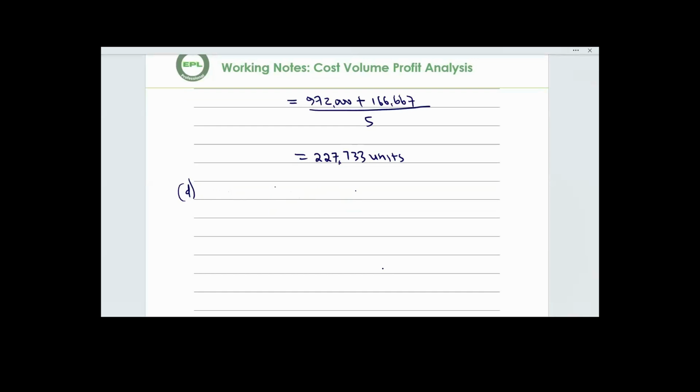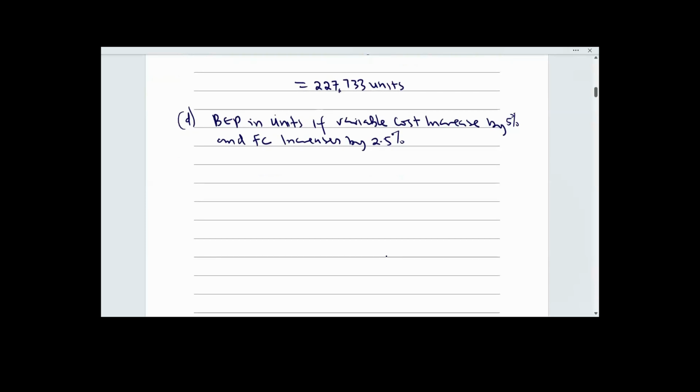Okay, we started again. Break-even point in units if variable cost increases by 5% and fixed cost increases by 2.5%. So first thing first, you need to make an adjustment in those variables, because if your variable cost